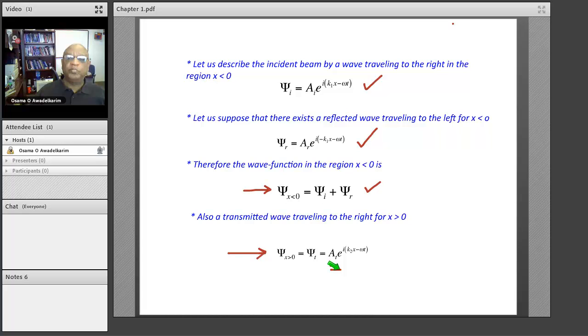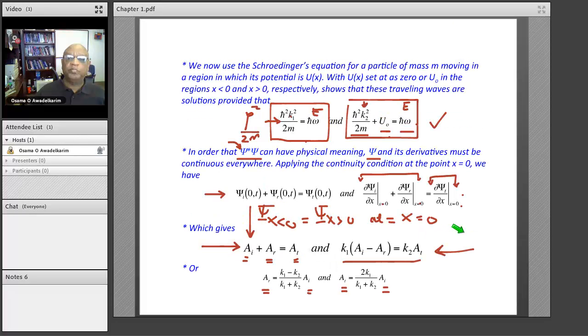Now, from classical mechanics, I expect this to be 0, no transmitted wave, because E is less than U naught. But as I told you, we will find that there is a number of particles that are able to make it through the barrier. Okay? Again, let me clean